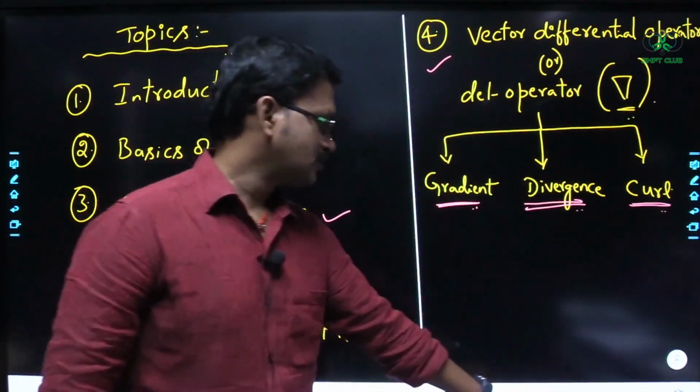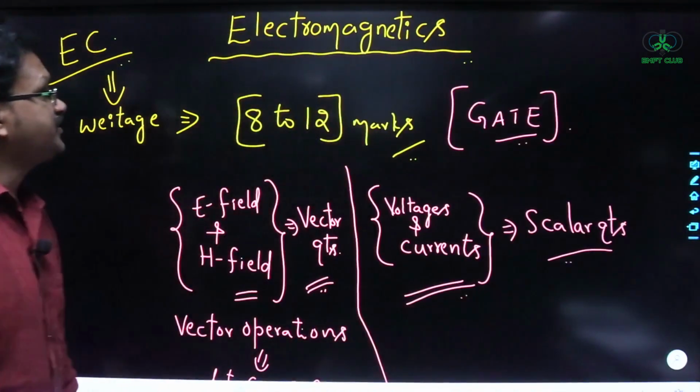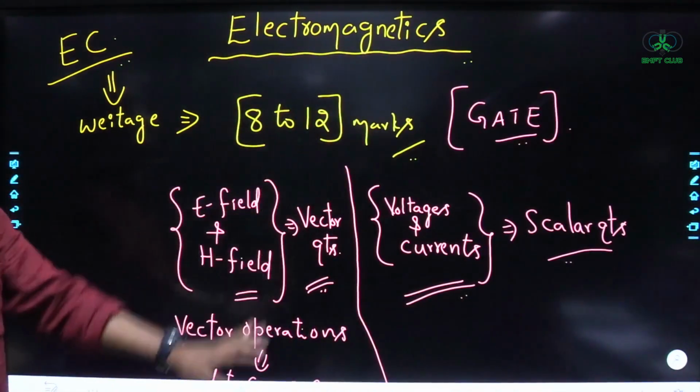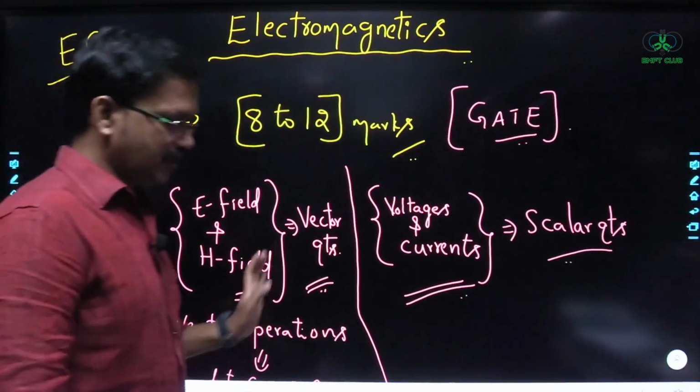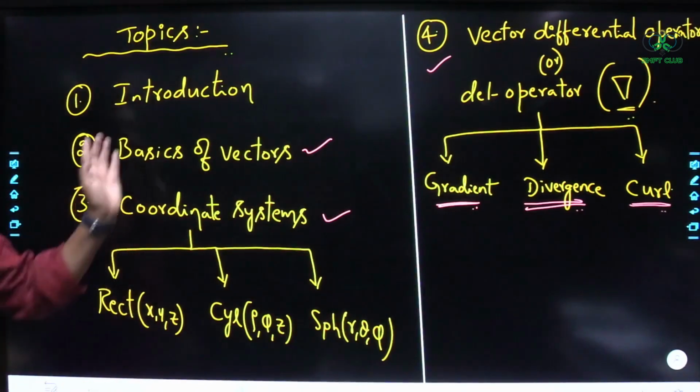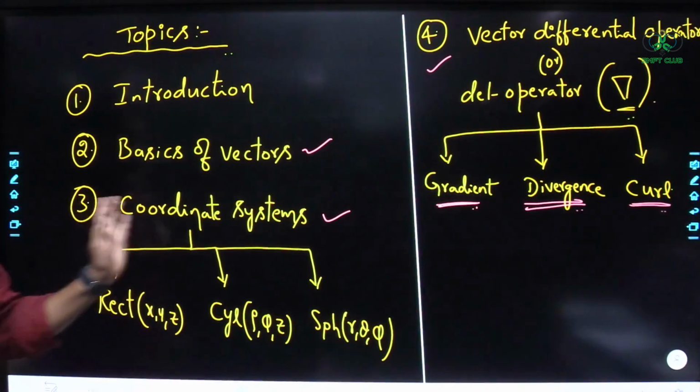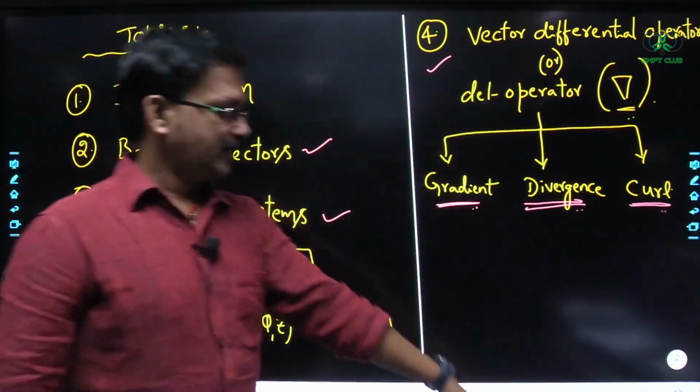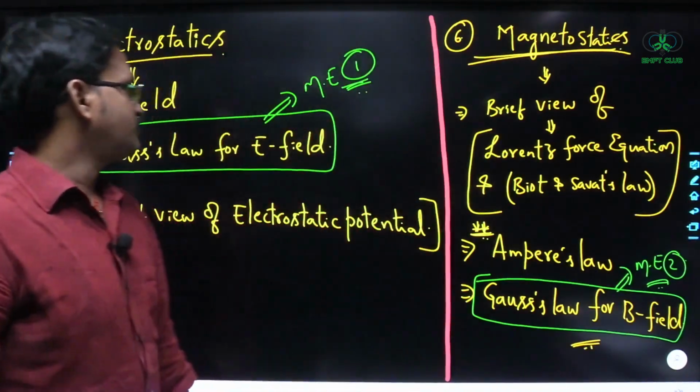Just have a glimpse of all these topics, right? Okay, so the weightage is 8 to 12 marks, right? Here we are going to deal with the vector quantities and vector operations. So the first topic is introduction, basics of vectors, coordinate systems, and then del operator, and then after that we'll